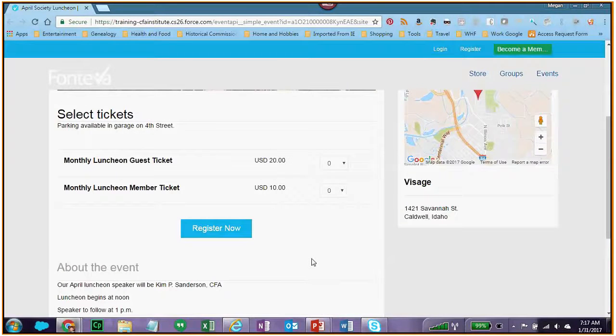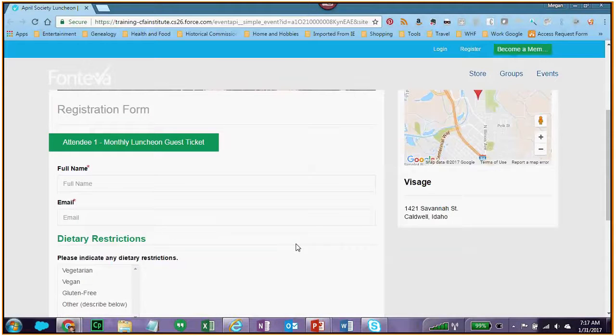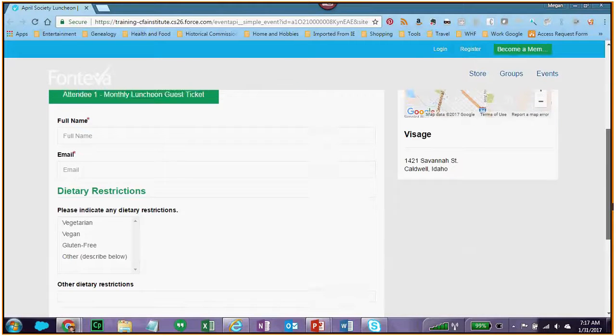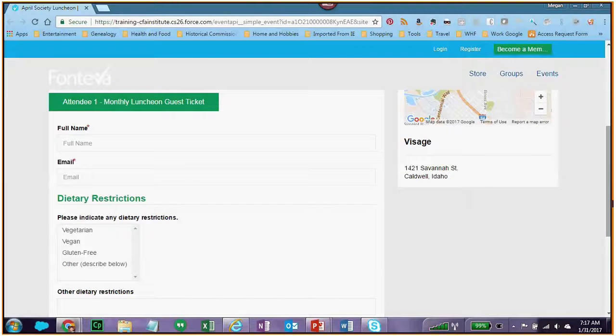So in this example, we're going to go ahead and say that we're just going to purchase one guest ticket. The individual registering for the event would select how many tickets they want to purchase, and then click the Register Now button. And then the first screen that they'll be taken to, and you'll see a little bit of a delay just because we're in the training environment too. So the next screen that comes up is asking for